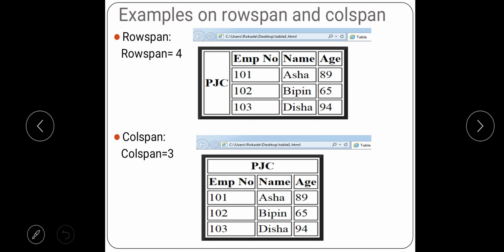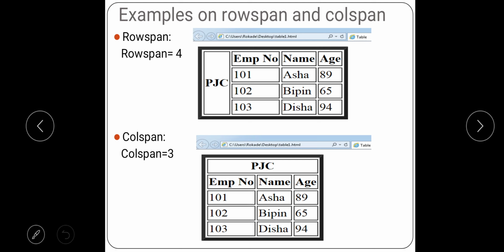And in the first column, row span equal to 4 is given, meaning that PJC is a cell which is created by merging the 4 rows into a single cell. So this is how row span works. Here you can see that 4 rows are combined to create a single cell.